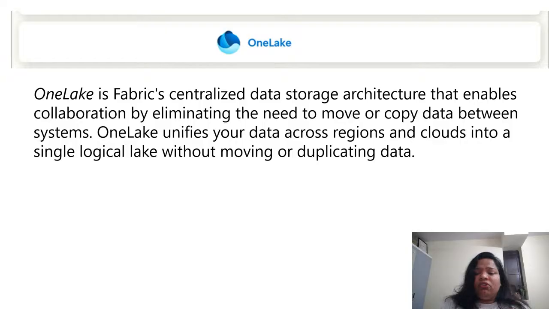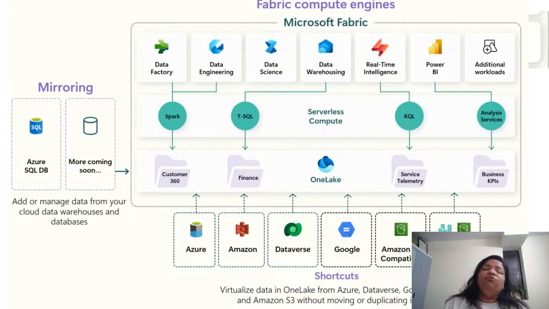So all Fabric compute experiences come pre-configured with OneLake. So you can assume that it's like OneDrive of your organization, OneDrive for data in your organization. So just understand this picture. It talks about everything. So we have OneLake, like OneDrive for our data, and under that OneLake we are maintaining the folders. How it looks in the real picture, I will show you with the help of a Fabric demo. So I have that environment.